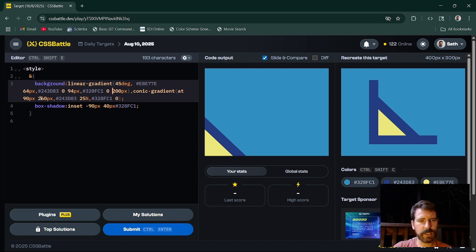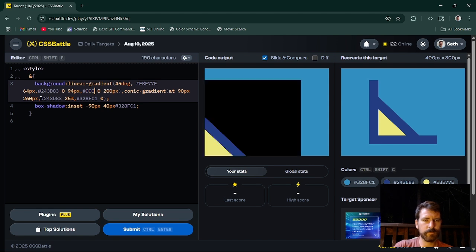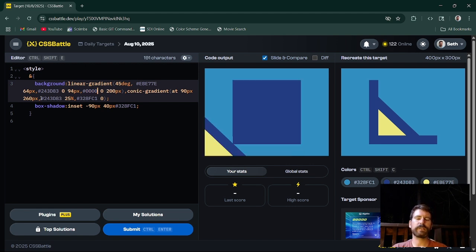So when we change that to transparent, we see our blue square, and then when we move it into place, we still have that blue square. All right, so this all still works. But what I need to do